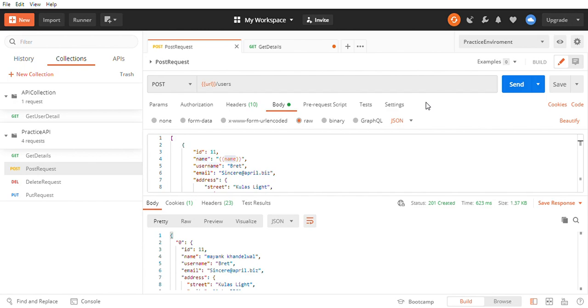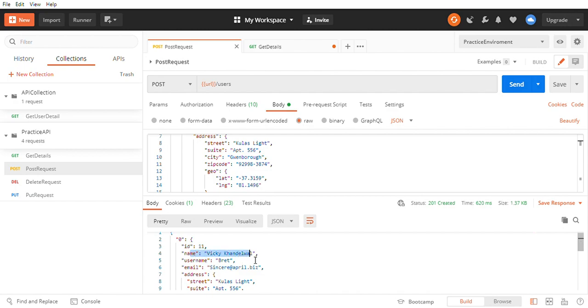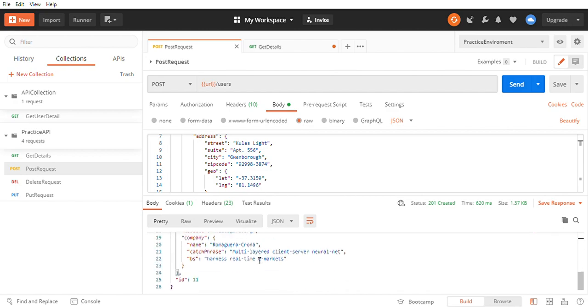So now let's see if that updated value goes in our request or not, and what the response comes from the server. See this. See, very beautiful. We have got the name as Vicky Khandelwal, and the response is success. The response has been successfully created on the server.